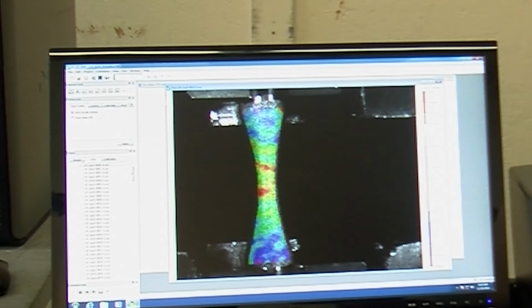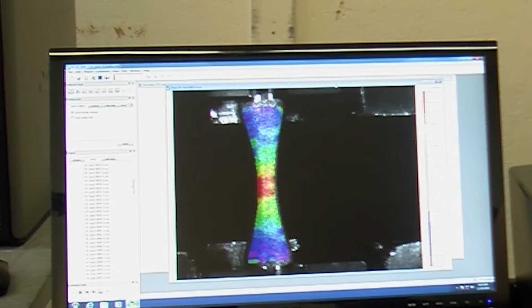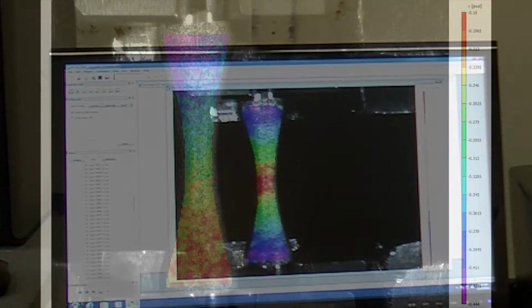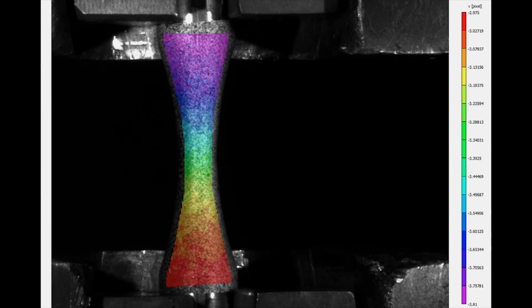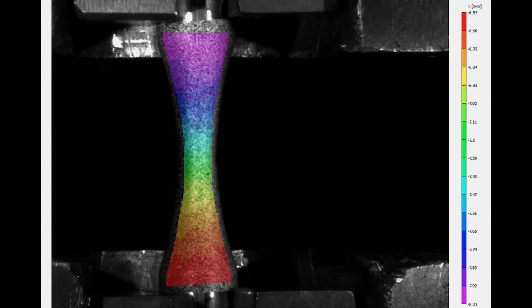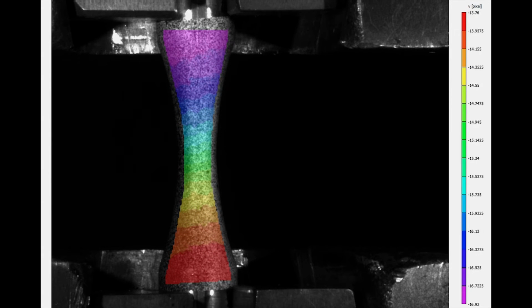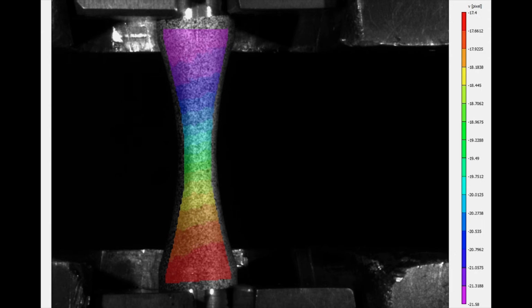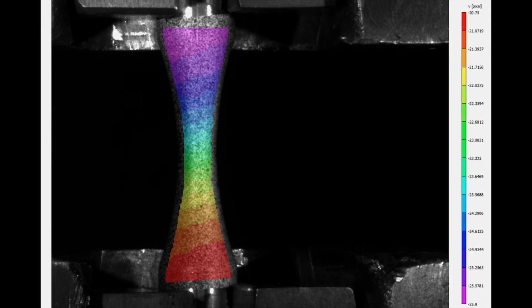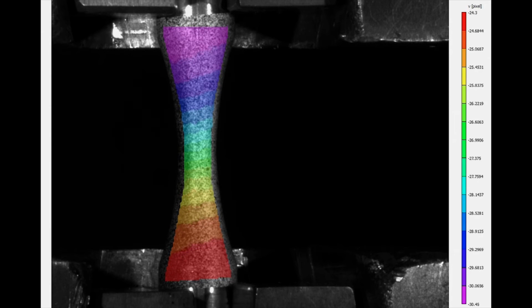We apply lots of different loads to our sample, and we can then measure the 2D and 3D deformations of that sample surface with our applied load. We are taking pictures of the sample surface as we deform it, and then afterwards we go in with the software and it can correlate what this speckle pattern did between each of these images, and from that we get our 2D or 3D deformation fields, which in turn gives us our strains.